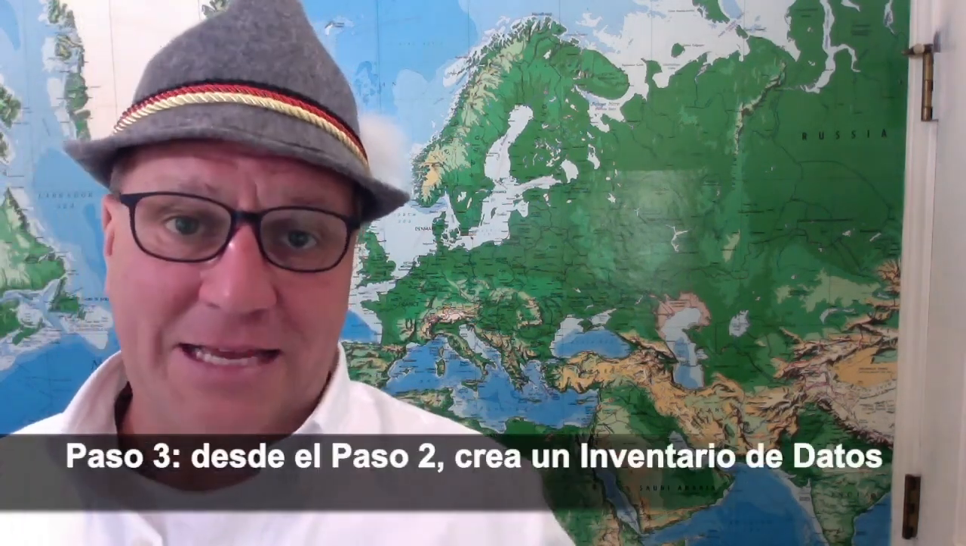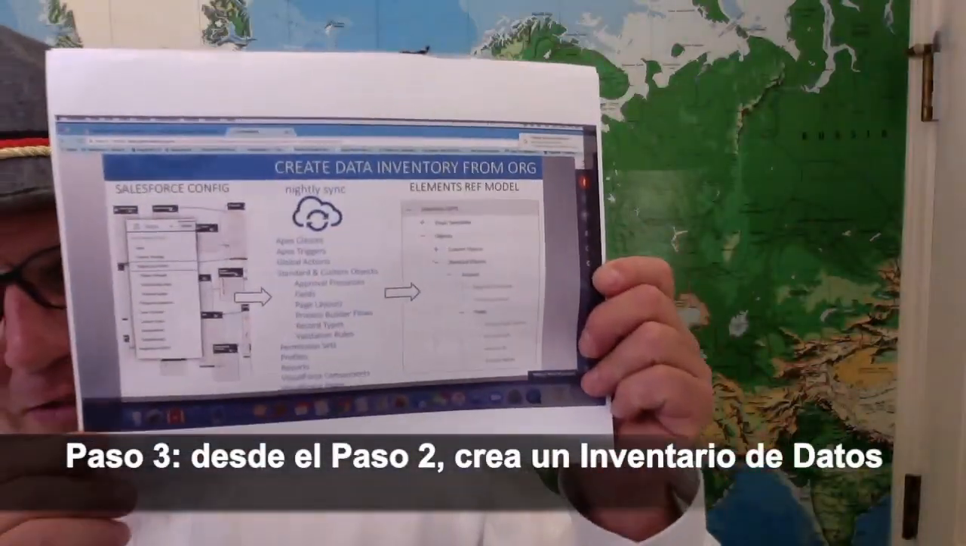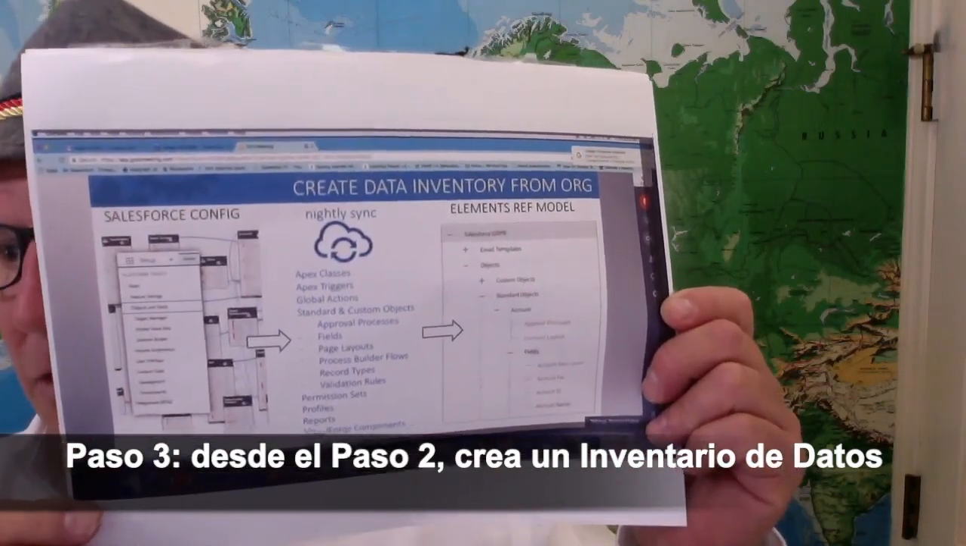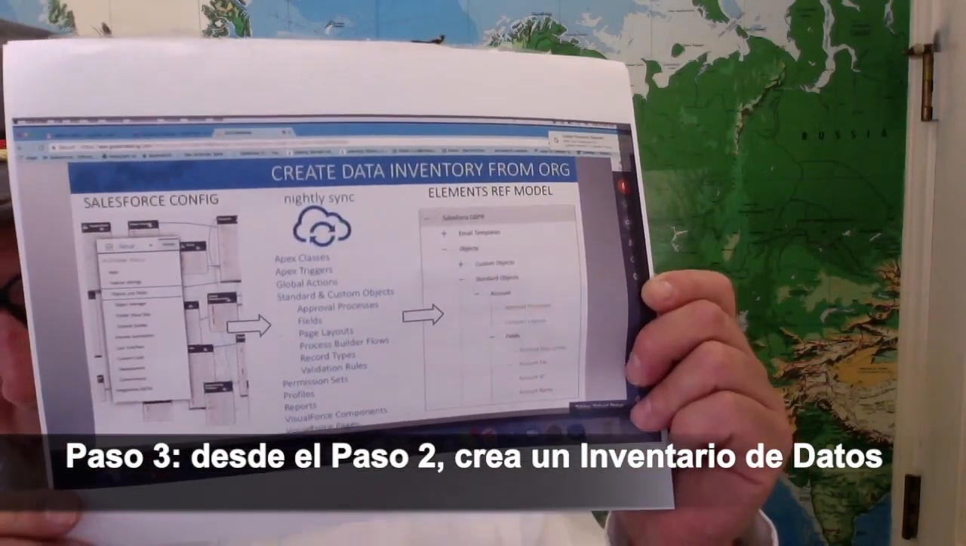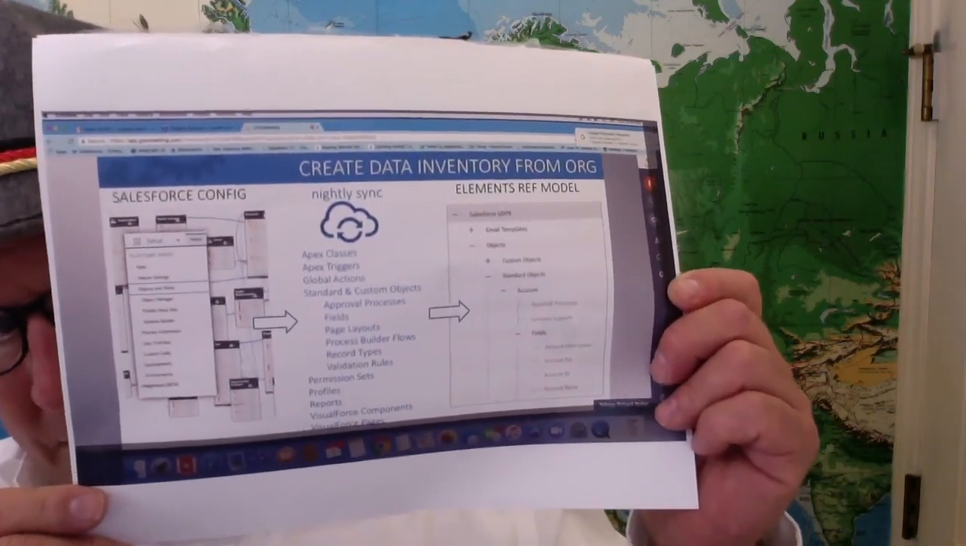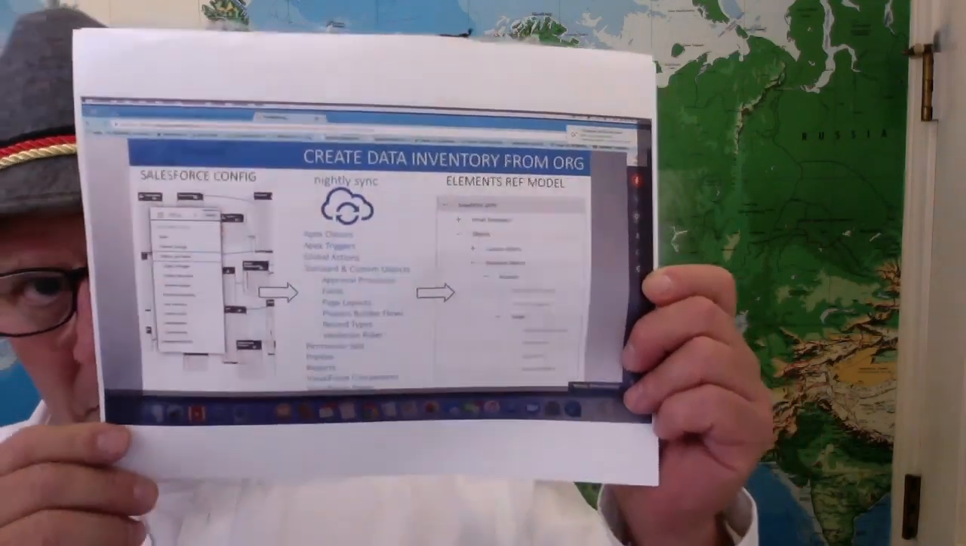So the first thing you have to do is create a data inventory. It'll look very much like this. This is the one from Elements, where you run it against your org. And that's why your org needs to be linked into Oracle, SAP, MailChimp. So it all surfaces in Salesforce. Then secondly,